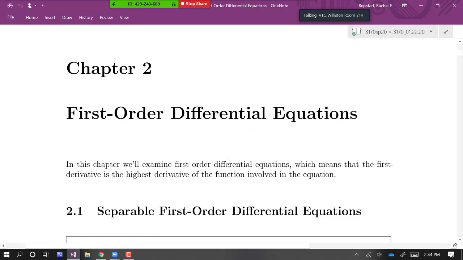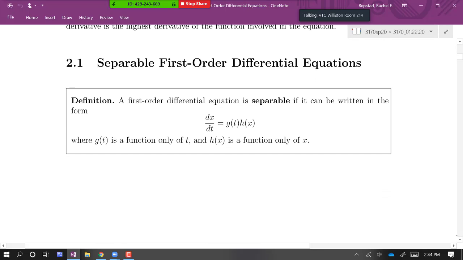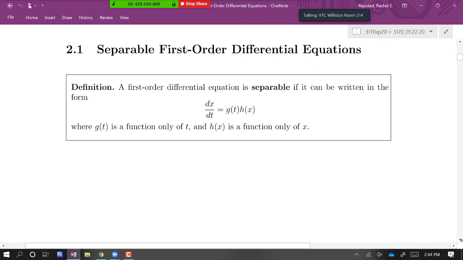All right, so chapter 2 is all about looking at first-order differential equations, so differential equations that just involve a function and its first derivative. And we're going to focus first on those that are separable. The ones that are separable are ones that we can solve by doing some integration. So a first-order equation is separable if, thinking about x as a function of t, dx dt can be written as g of t times h of x,